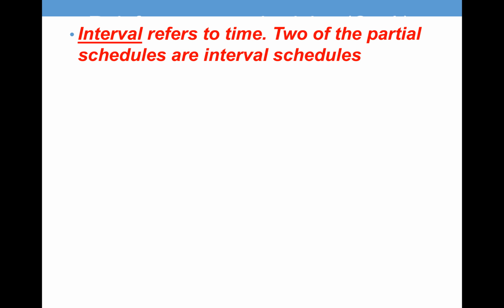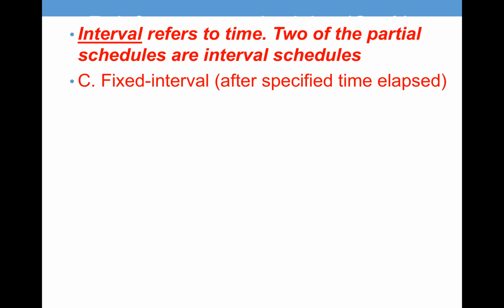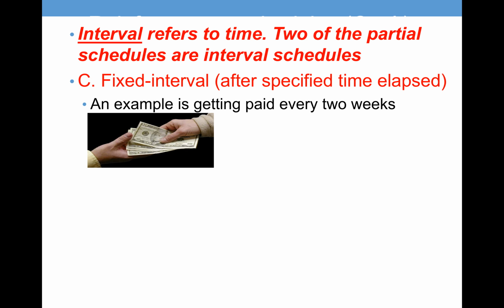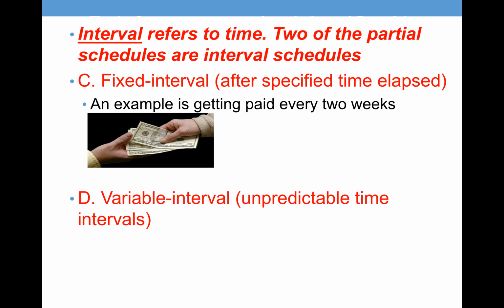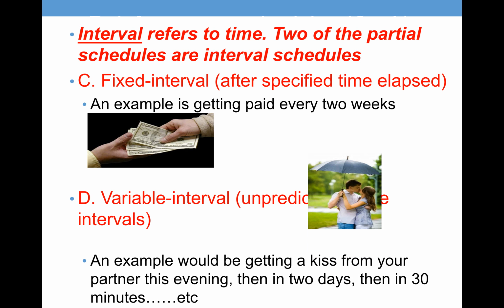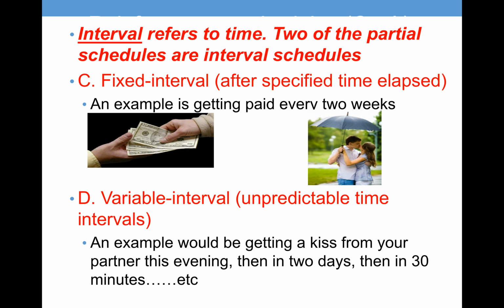Interval always refers to time, so the remaining 2 schedules that are partial are interval schedules. Fixed interval reinforcement occurs after a specified time. So an example is getting paid every 2 weeks. Variable interval happens after an unpredictable time. So maybe getting a kiss from your partner this evening, 2 days, 30 days, 30 minutes, that's